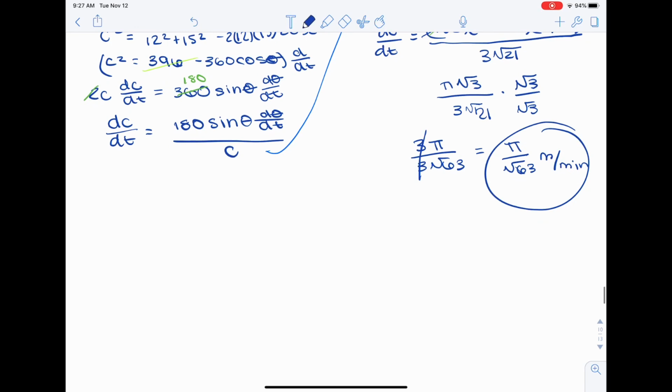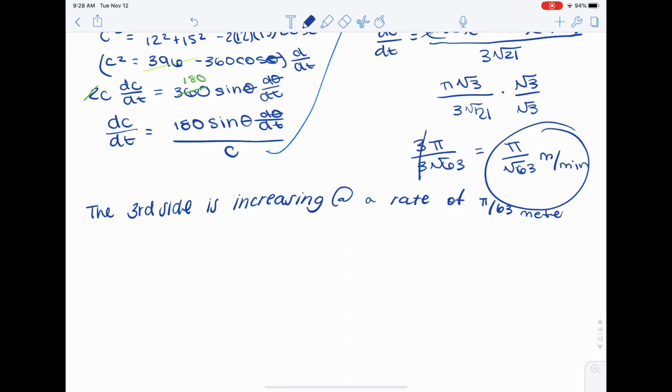Okay, so we're going to write the third side is increasing at a rate of pi over square root of 63 meters per minute